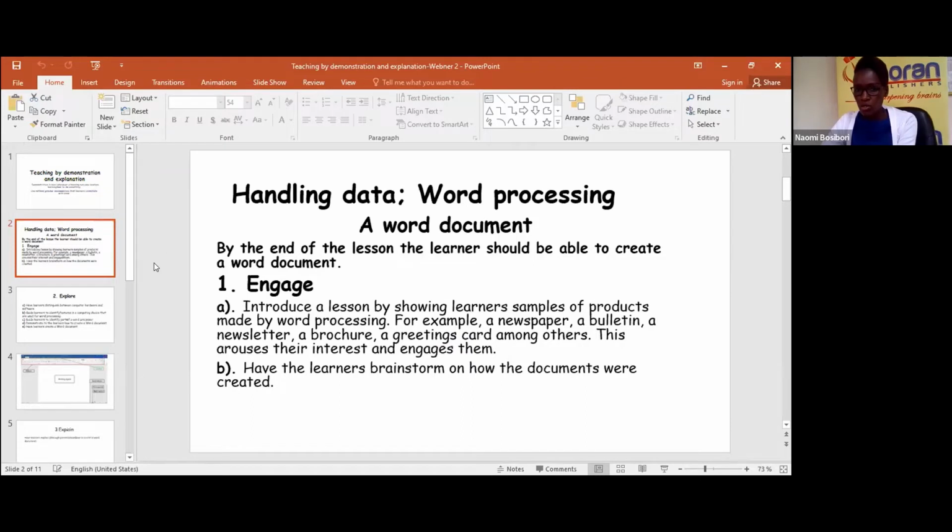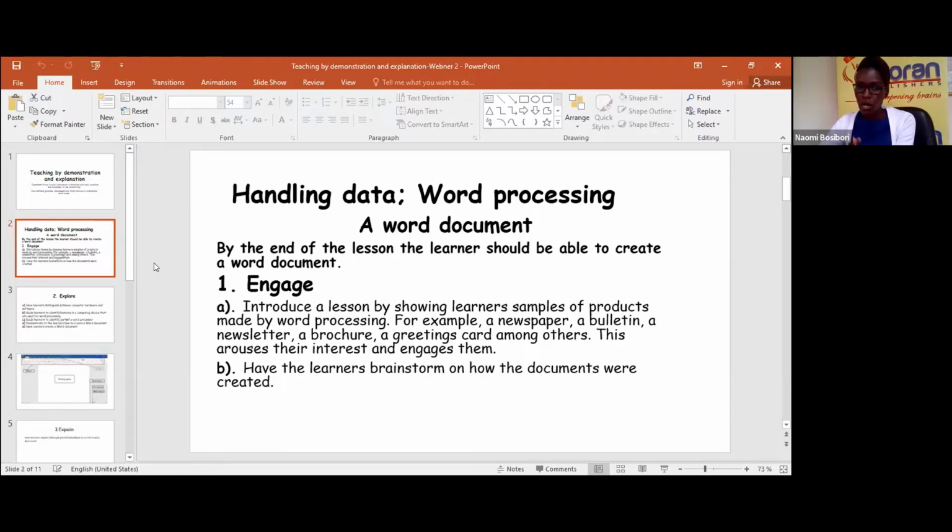word processor. So first of all, before we do this lesson, we are going to do a recap of what they did in grade 4 and link it to what they are going to do in grade 5. In grade 4, they also did coding. And the basic of the coding that they did in grade 4 was identifying common patterns in their locality. So as they do the word processing as the first software they are handling in grade 5, we will need them to understand that apart from the computer, the hardware, the parts that they did in grade 4, they must know how they are used for them to use the